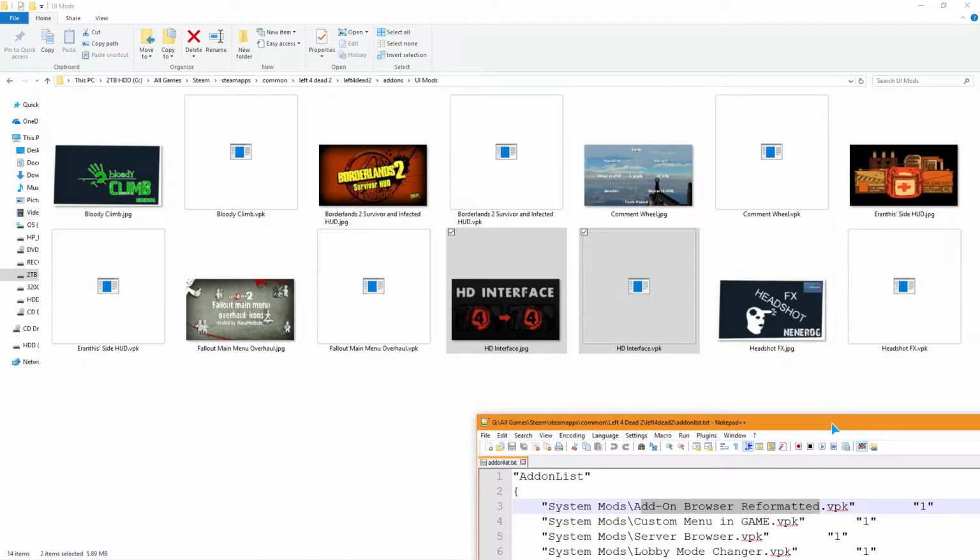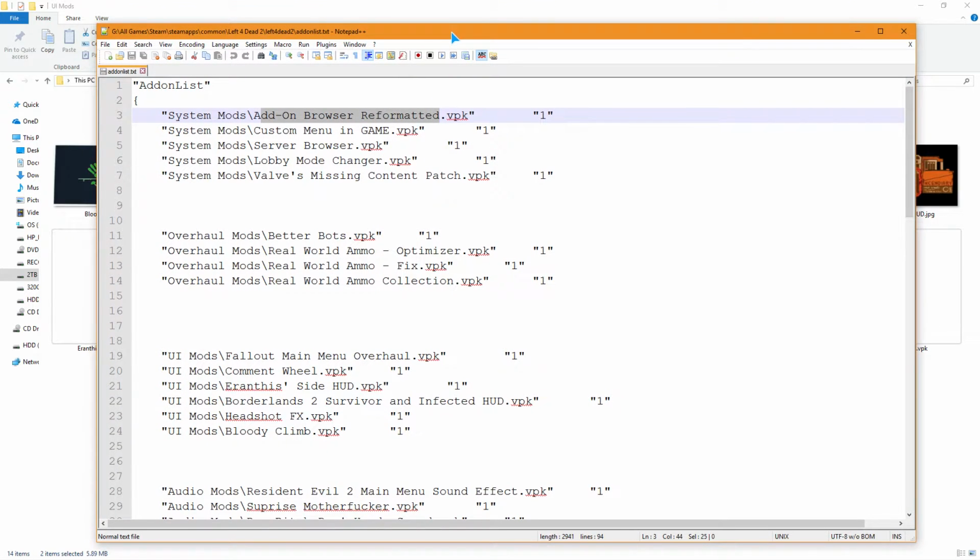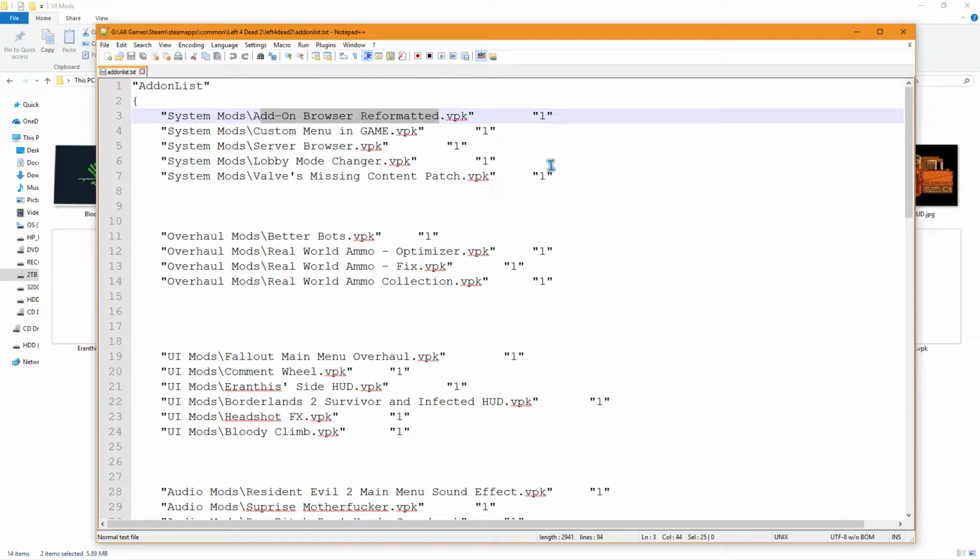So for certain things, it would need to be loaded first. For certain things, it would need to be loaded second. I'm actually not sure which order this mod needs to be in for Aranthus's and Borderlands. So what I'm going to do is, through trial and error, try both. Okay, so I'm going to take this one right here,